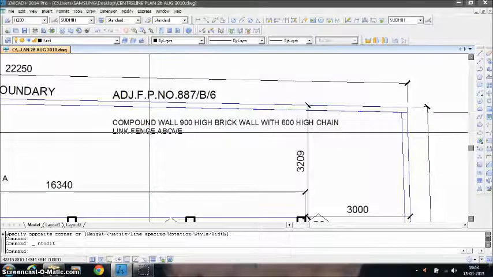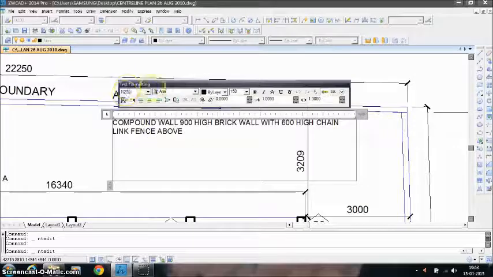I can also carry out more editing options with this text in the text formatting box. I'll again double click on it. So I've again entered the text formatting box. Here I have other options, for example I can make this text bold, or I can make it inclined, that is italics, or I can underline the text and so on. Let us try this out. For that, first I will have to highlight the text.